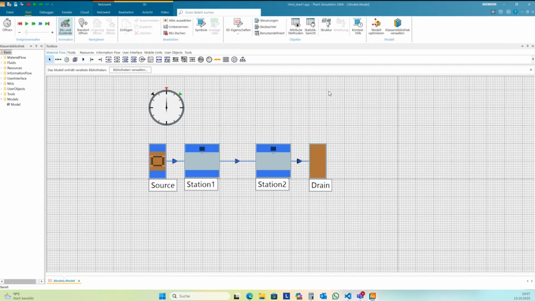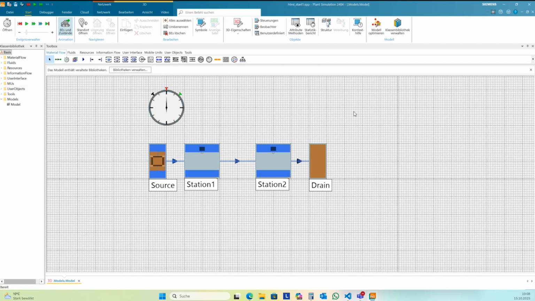Basically, we have two ways to run Plant Simulation here. We can run simulation from the command line as a headless application, but then it's really hard to hand over parameters. It's not impossible, you can do this.